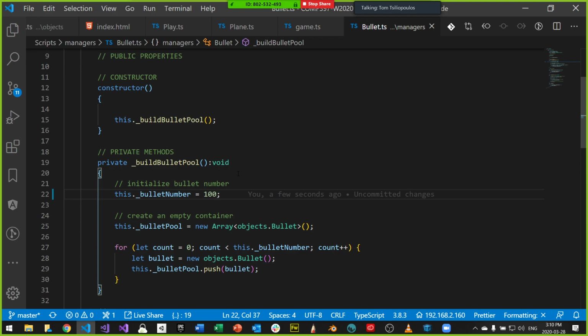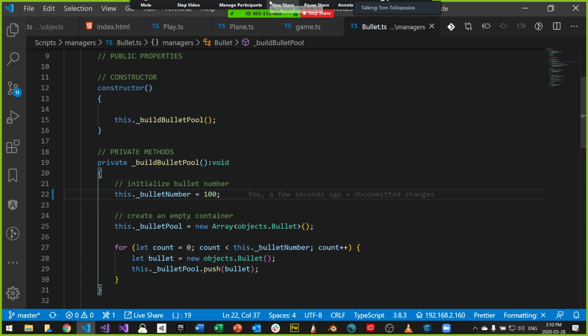Now, you might be concerned that I'm loading up all these bullets, but in effect what we're doing is preloading. We're populating the scene with as many bullets as we think we might need, and then reusing them. It is less computationally expensive to do it this way than to add a series of bullets later on. Okay. Questions around Bullet Manager?